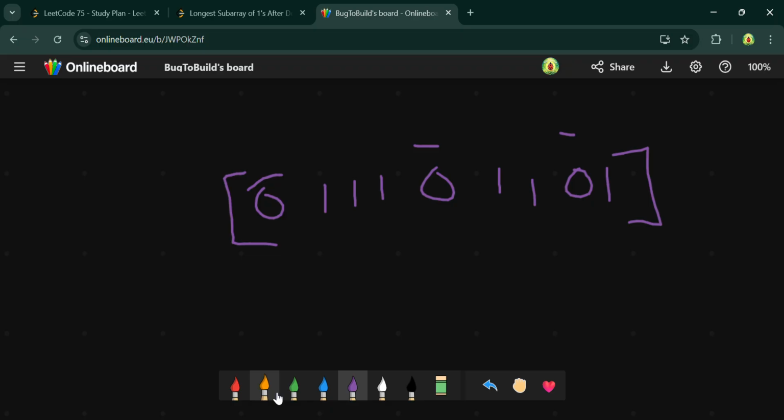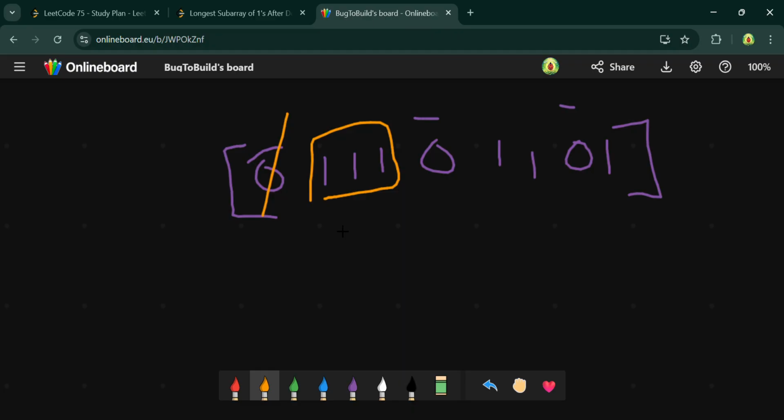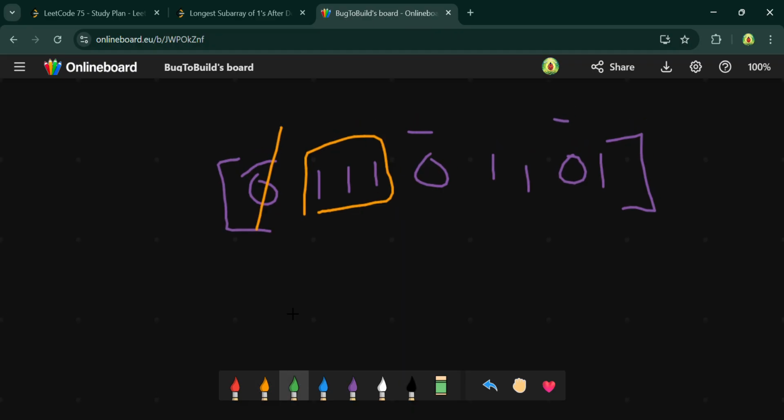If you delete the first 0, you will get size 3, which is the longest subarray if you delete this. And again you will get 3. And again if you delete the second 0,